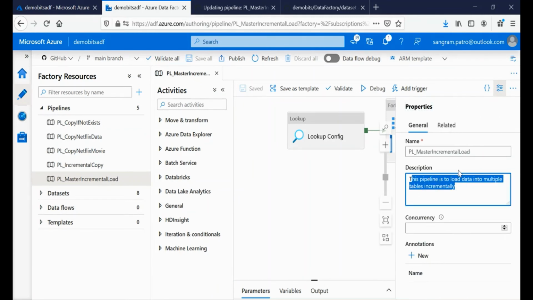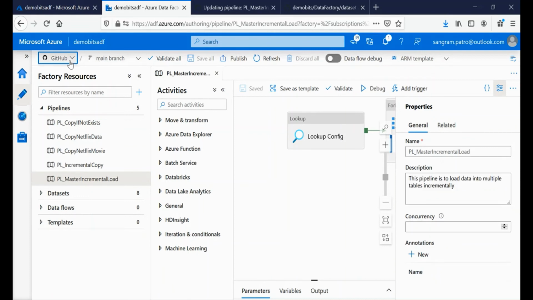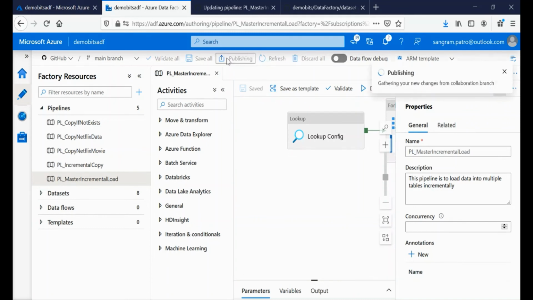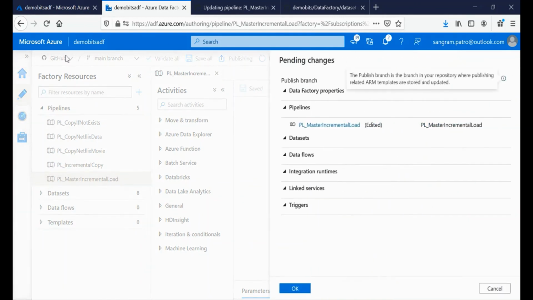But then this has to also reflect in the data factory mode. So this is the Git mode and this is the data factory mode. So in a particular sprint, a few developers will be working on this data factory, right? Once the pull request is merged to the main branch, the owner can come in here and click on publish. As soon as you click on publish, you should do a publish first of all in the collaboration branch, which is the main branch, and this will take all the contents into ADF, publish into the data factory mode. Click on OK.